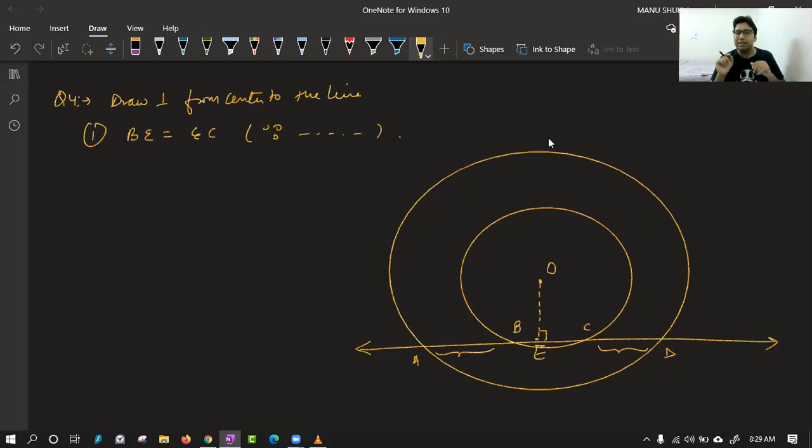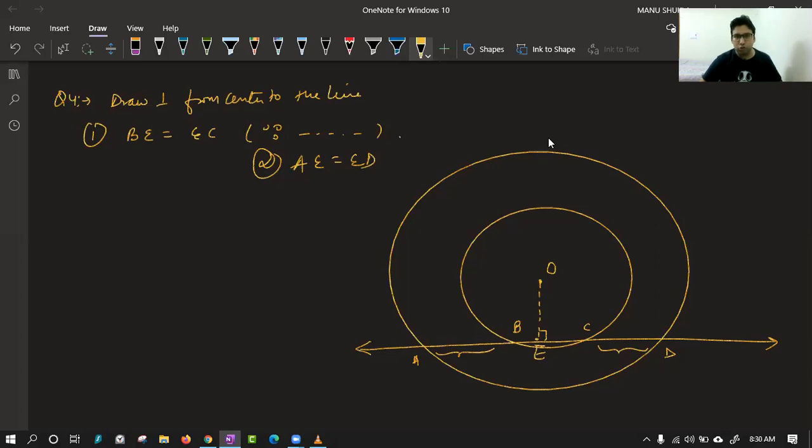Okay, now class, this similar perpendicular is also for the chord AD. Class, if you see the larger circle now, what can you say right now about the larger circle? Yes, Bhavya, very good. If OE is the perpendicular on AD, what we can say is AE equal to ED. Very good. Same reason. Perpendicular from center to the chord bisects the chord.